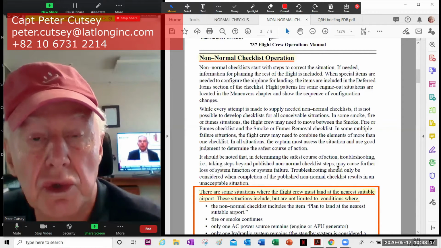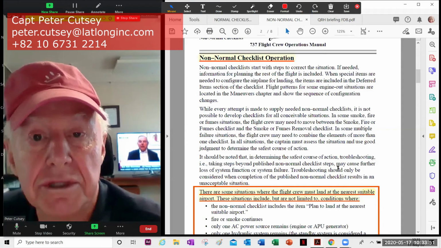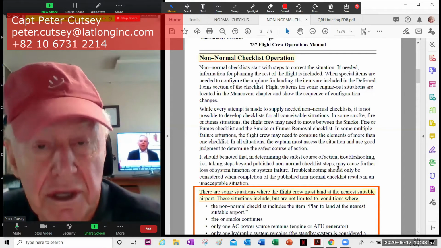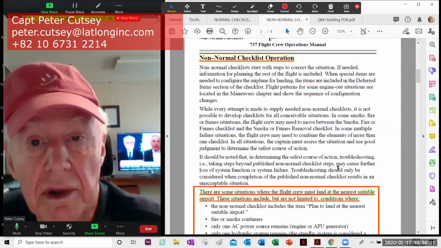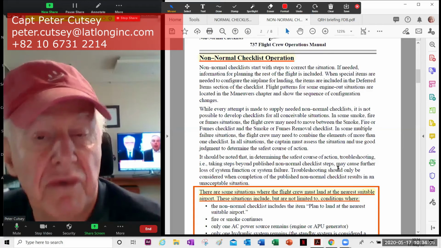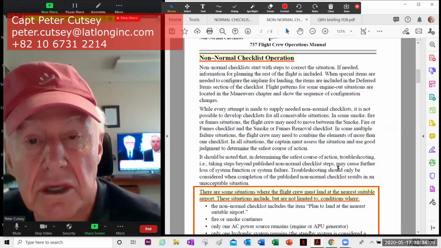When do you do memory items? You do memory items when the aircraft is safe and under control and normally above 400 feet. Let's say we're talking about after takeoff, an engine fire or failure, just after V1 or shortly after V1, you would fly the airplane. You would pitch up to 12 to 13 degrees of pitch